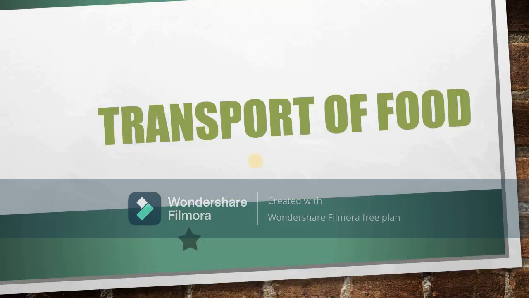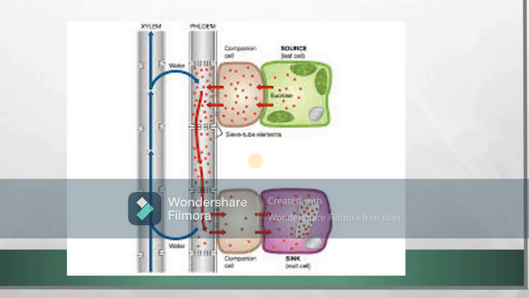The next thing is the transport of food, how food is transported to all the parts of the plant. We know that food is prepared in the leaves. So phloem is responsible for transporting the food substance throughout the plant body. Glucose is formed during photosynthesis in the mesophyll cells, and it is used in respiration. Excess of this is converted into starch. In most plants, food is transported in the form of sucrose, and this creates pressure, which is called the pressure flow mechanism.